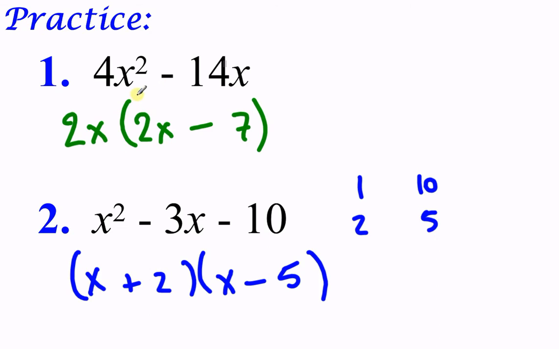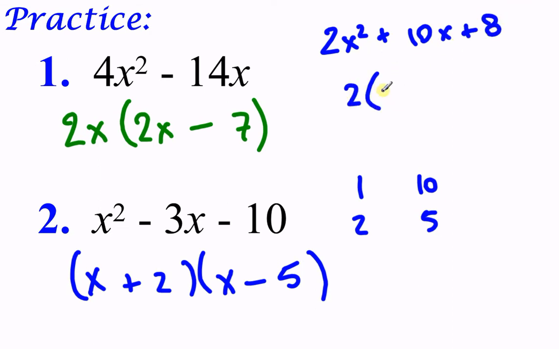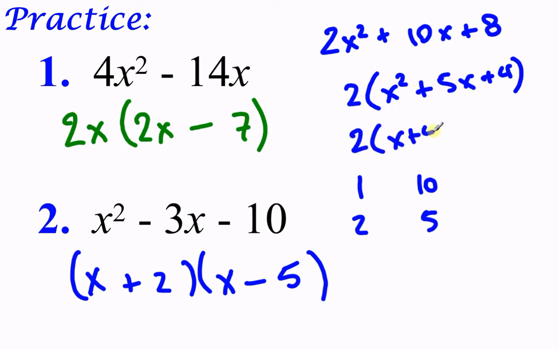Sometimes a GCF is possible, and you can also have that with 3 groups. So I could have 2x squared plus 10x plus 8 or something, and all of those still do have a 2 that I could take out of them. So it's not necessarily just that there were 2 groups versus 3, but just look to see in all my different groups, are there numbers I can take out or variables I can take out before I start, and then you can continue from there. This one would still have the 2 there, x plus 4 and plus 1 if you actually wanted to keep it going all the way.